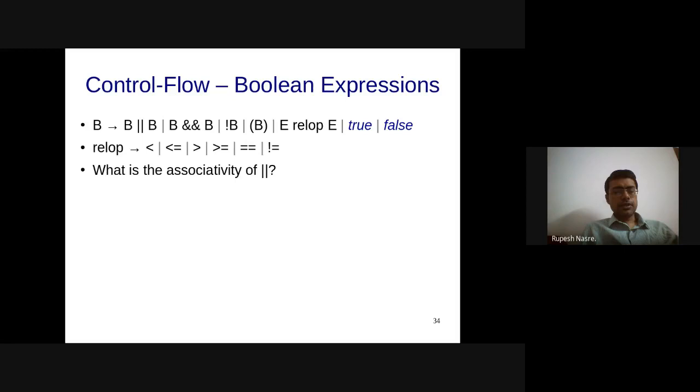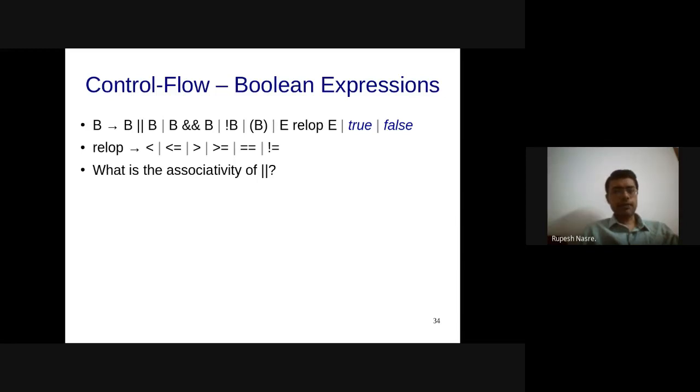Just a quick question on the OR operation in this particular grammar and in general. The question is, what is the associativity of or in this grammar as well as in reality?